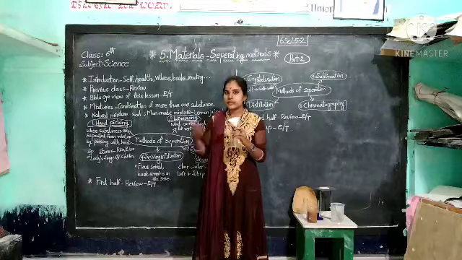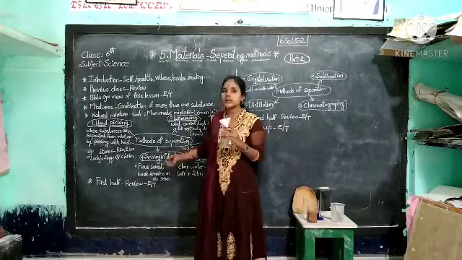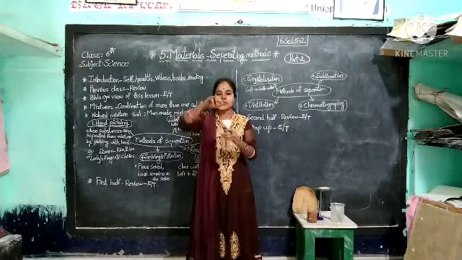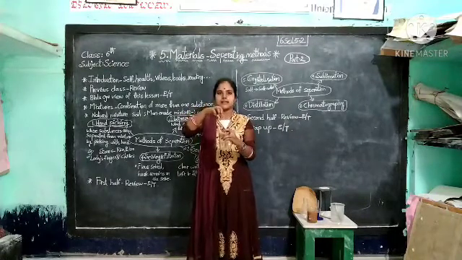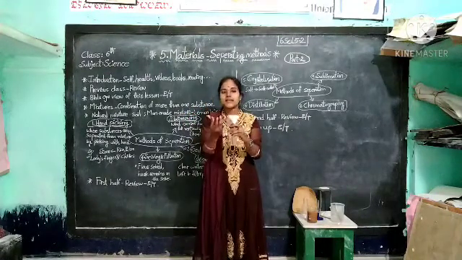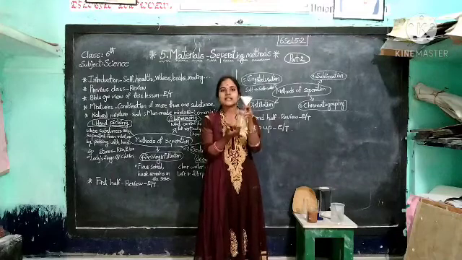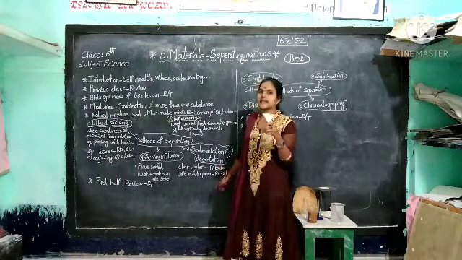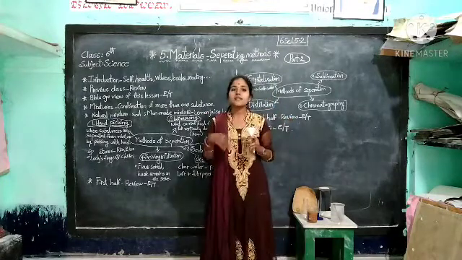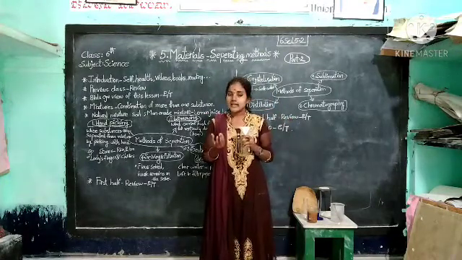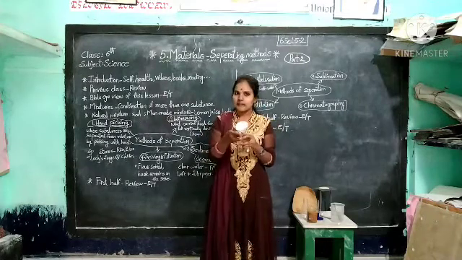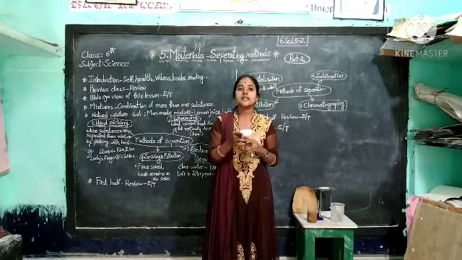Basically, to do this experiment, we have to use the stand. We pour the water in this funnel. The water that remains in this beaker is called the pure water. That is the filtrate; the clear water is called filtrate. And the dust material that remains in the filter paper in the funnel is called the residue.